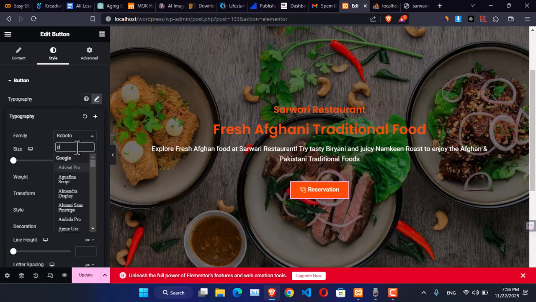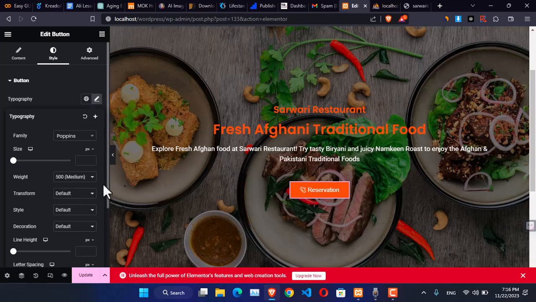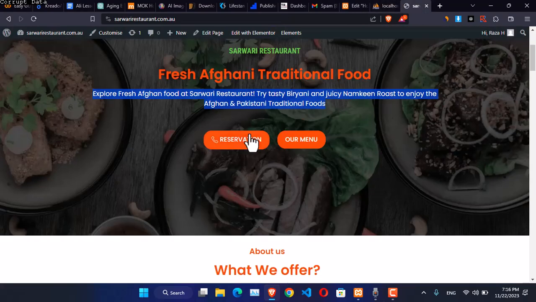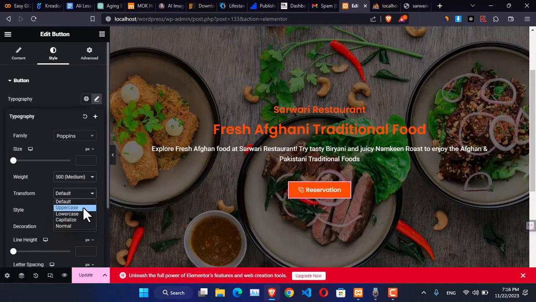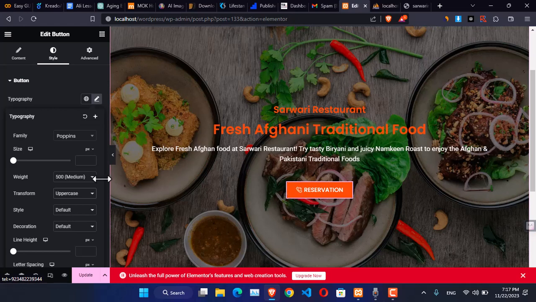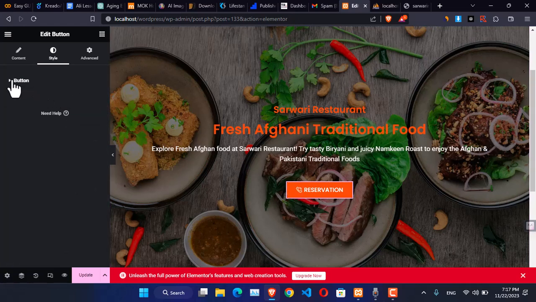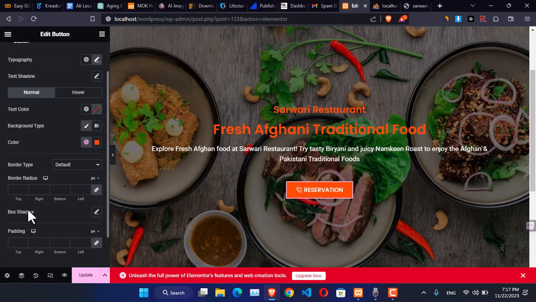So we need to put the same Poppins font as the secondary color in the first step. So anyway, they are also capital letters, so we'll have to just simply click on the transform and then make them uppercase. So reservation, as you can see. However, as you can see, the borders do not have any curve at all. So for that, again, just click on the button, and now the border radius, just from here enter an amount that you are comfortable with. As you can see,